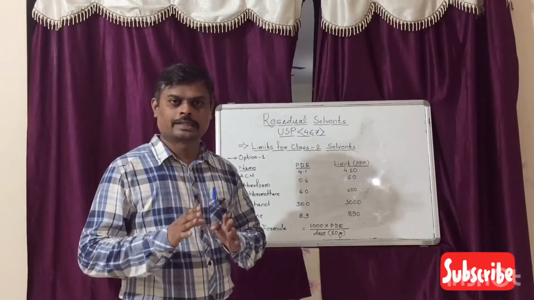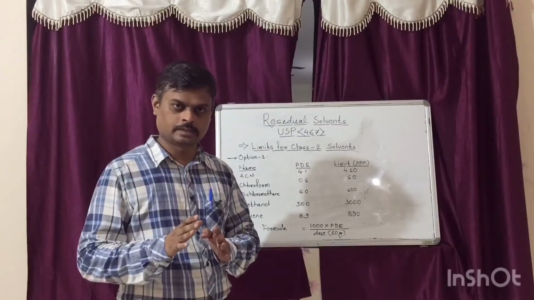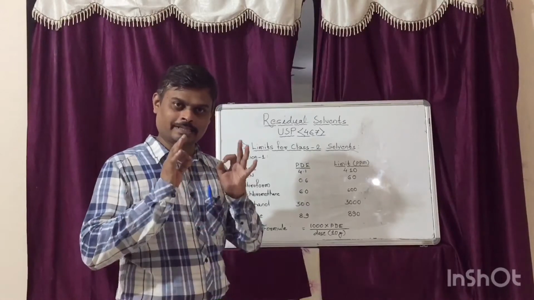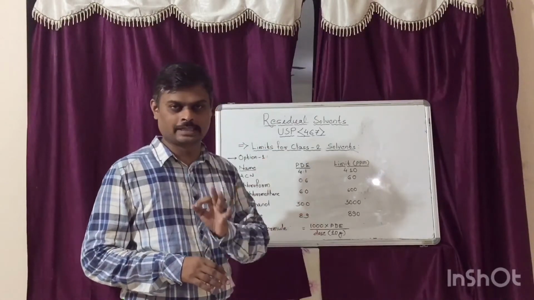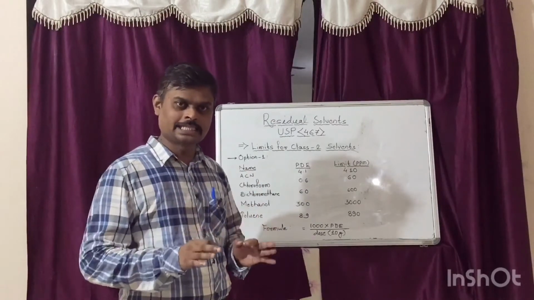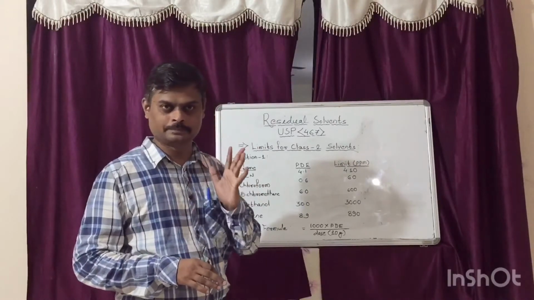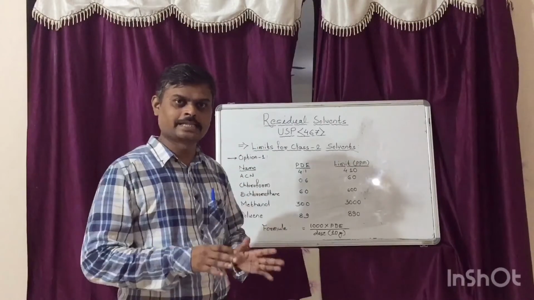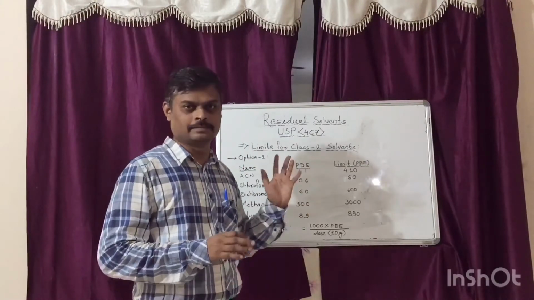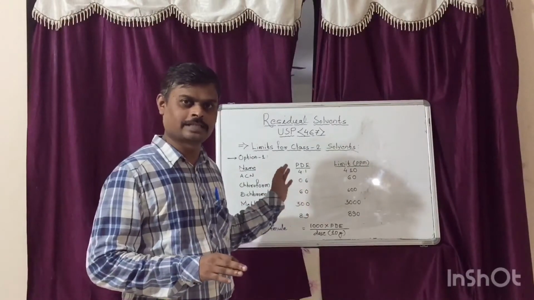The limits for class 1 and class 3 residual solvents are fixed. There is no requirement to establish separate limits for class 1 and class 3 residual solvents. For example, benzene is a class 1 residual solvent and the limit of benzene is 2 ppm, which is fixed. Hence, there is no requirement to establish a separate limit for benzene. Similar is the case for the other remaining class 1 residual solvents.